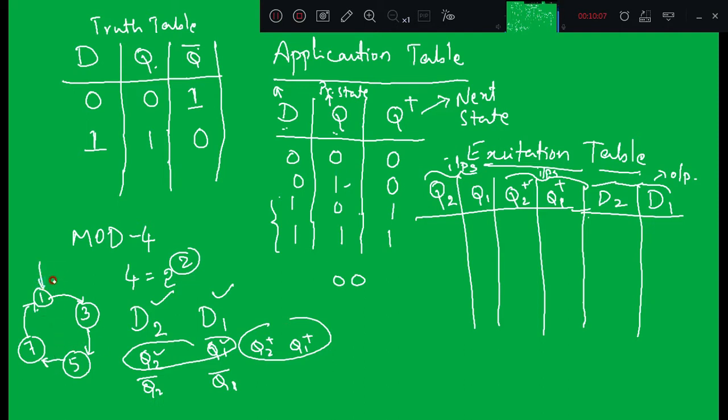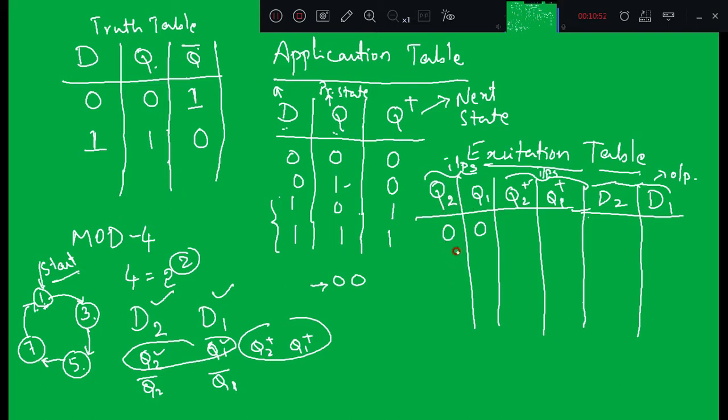So here let the question contain this one. That means the state values are going to start from 1. After 1 it should show next as 3, after 3 it is 5, after 5 it is 7, and after 7 it has to come back to the original state, that is 1. If this is the case, then the state values need to start from 1, right? Otherwise, until and unless this is mentioned in the question, the state values are going to start from 0. That means Q2 and Q1 initially are going to have the value 0 0, right?